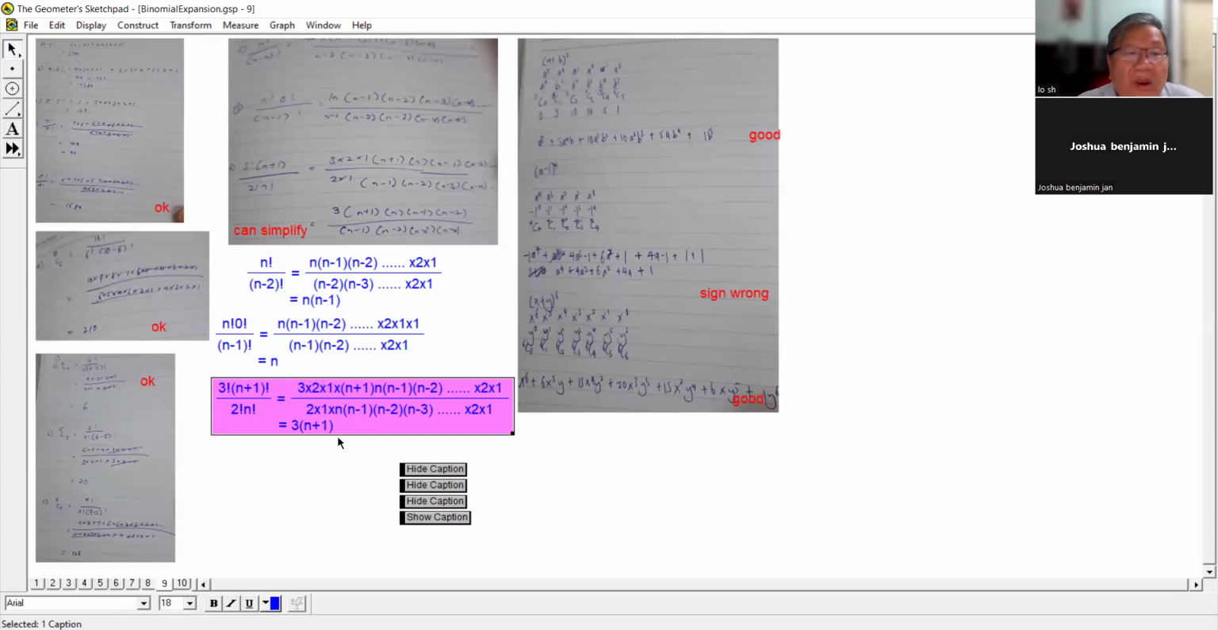So let us look at what are the terms that you can cancel away. Now, at the top here, it is n plus 1. You start from n plus 1. So when you decrease by one number like that, then n plus 1 will be n, n minus 1, n minus 2. At the bottom, you have